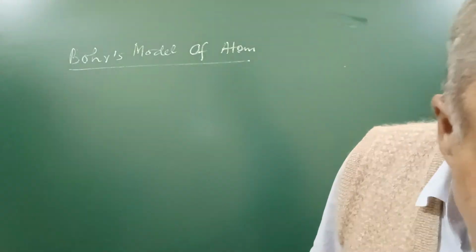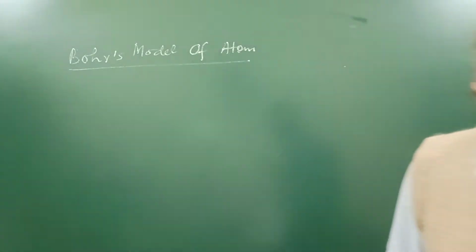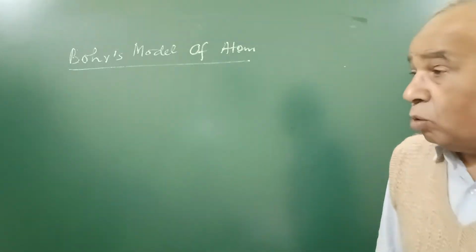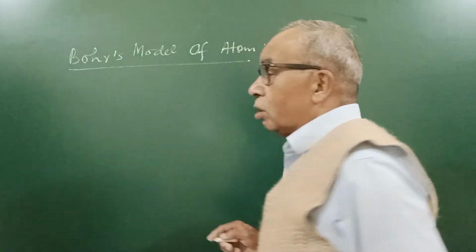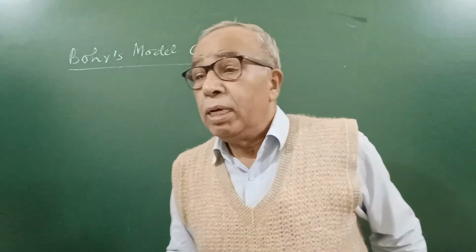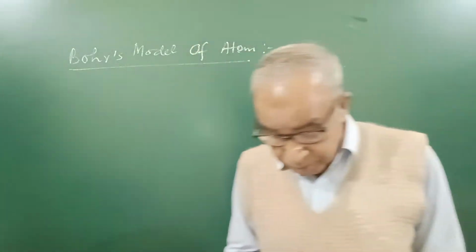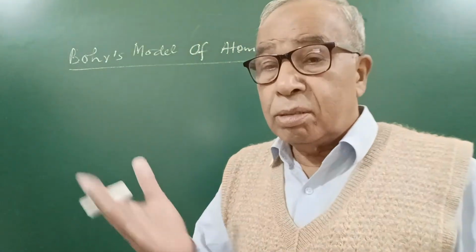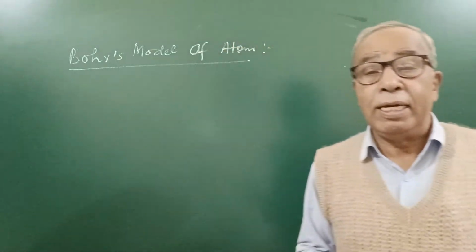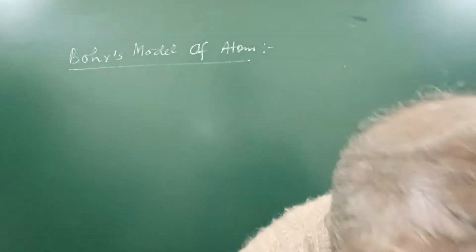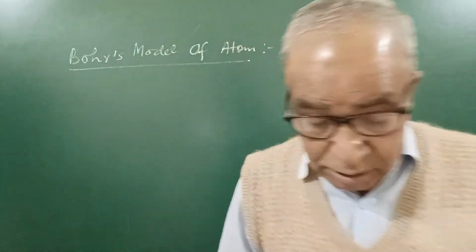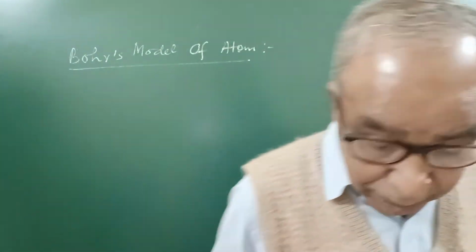he was unable to explain why electrons are outside the nucleus, because according to electromagnetic theory, the moving charge particle radiates energy continuously. So that model failed to explain how the electron remain outside